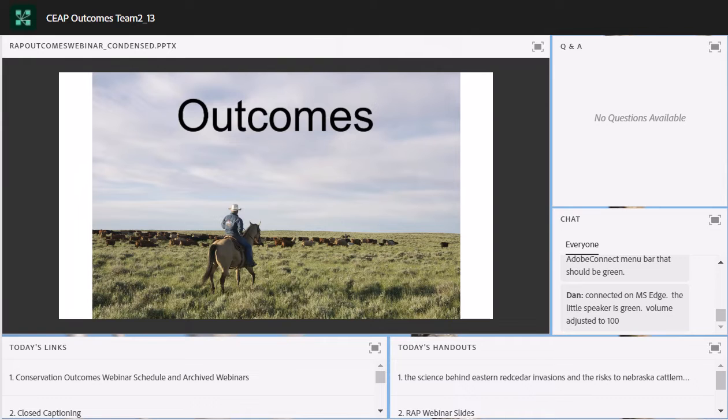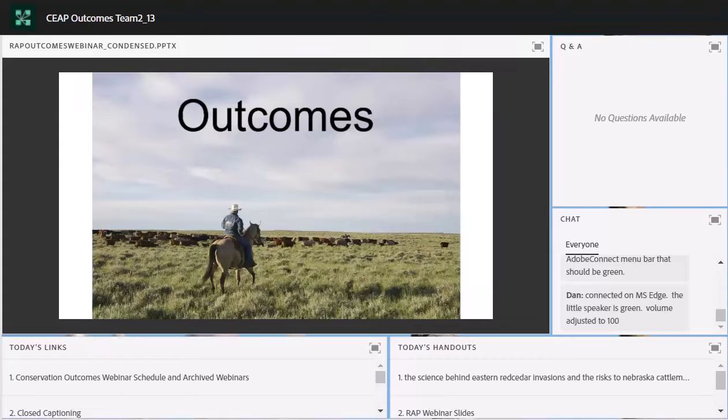Today we're here to talk about outcomes. And we all know that outcomes are important. When we talk about outcomes for conservation, a lot of the times we think of increasing populations for certain species or more sustainable rangeland production. And of course, those things are important, right? Outcomes are important for conservation. That's the reason we do this.